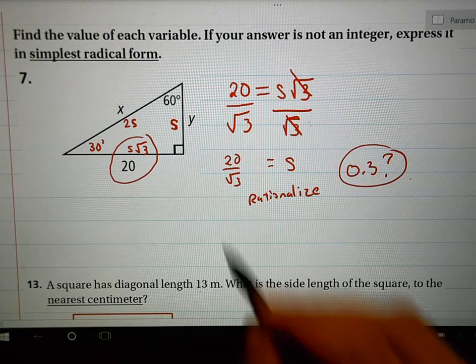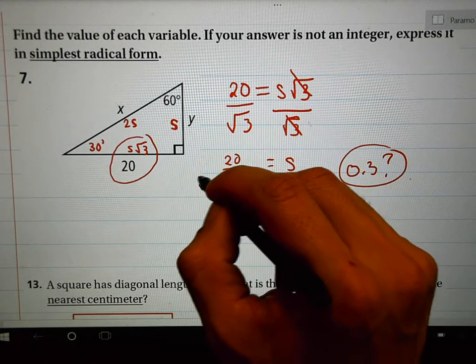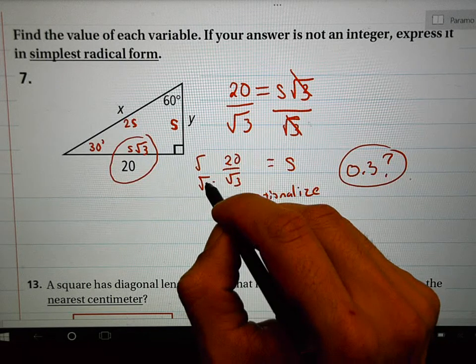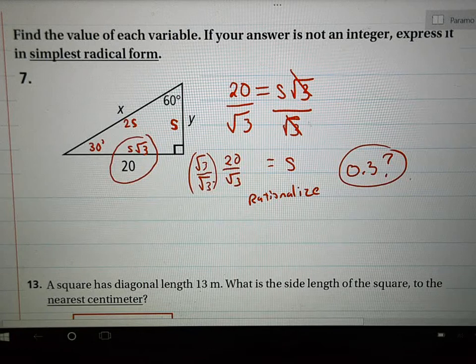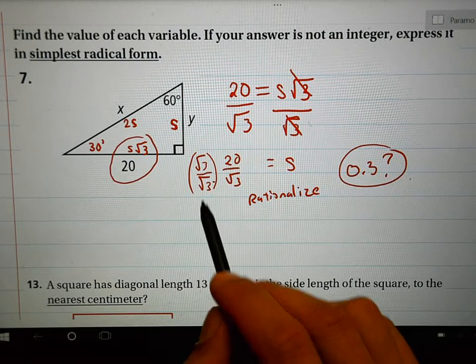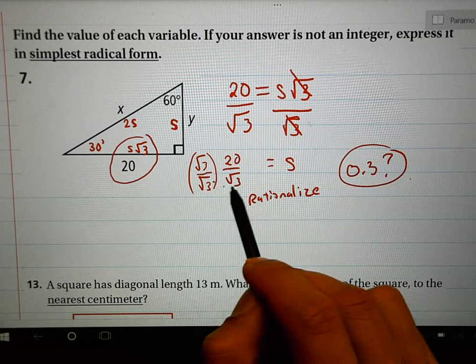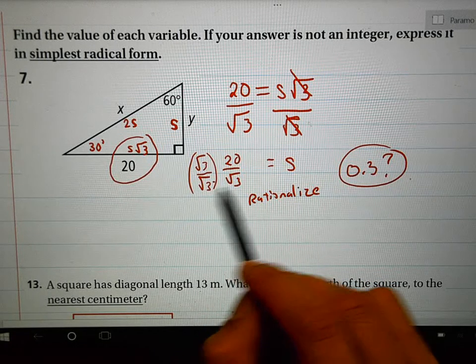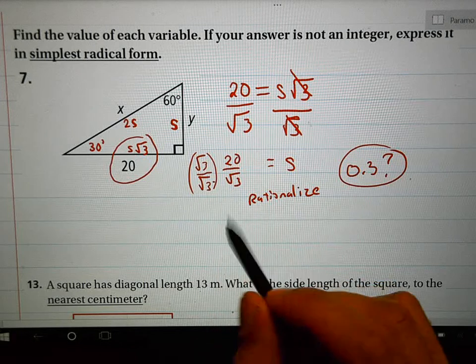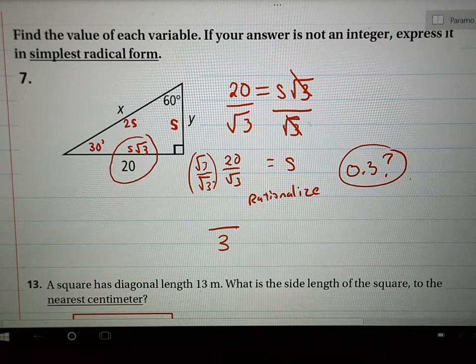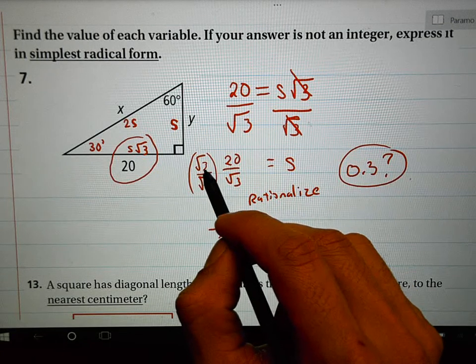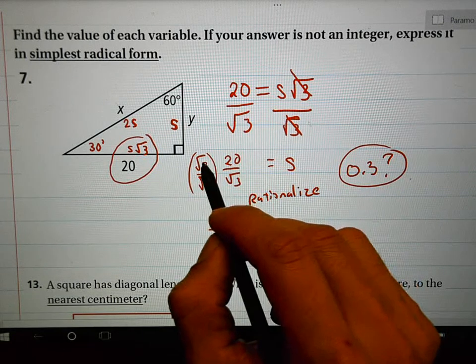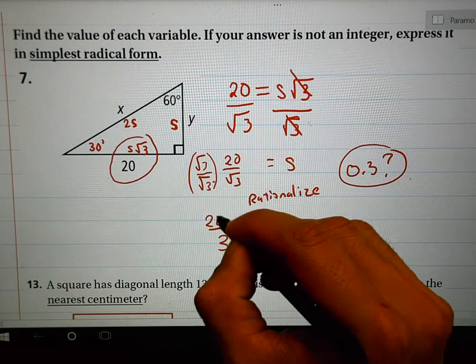And how do I rationalize? I multiply by whatever square root's in the denominator over itself. Technically, we're multiplying by 1. When you multiply by root 3 over root 3, you get a pair of 3s. That becomes root 9. And you know what the square root of 9 is. It is 3. The top has a coefficient and it has a radicand. Those can't mix. One's outside, one's inside. So it's 20 root 3